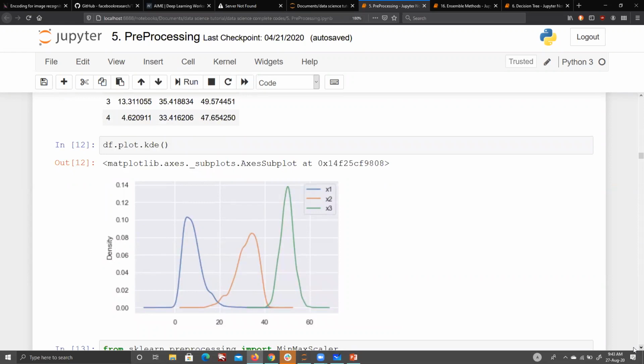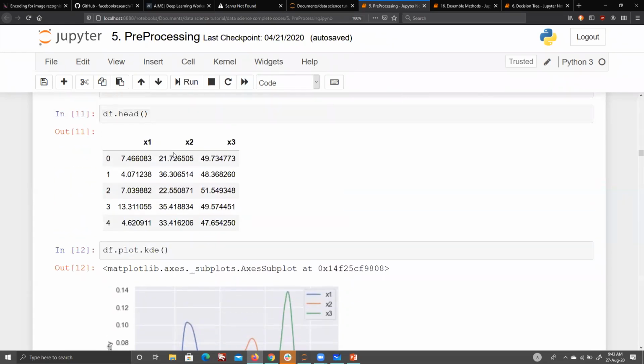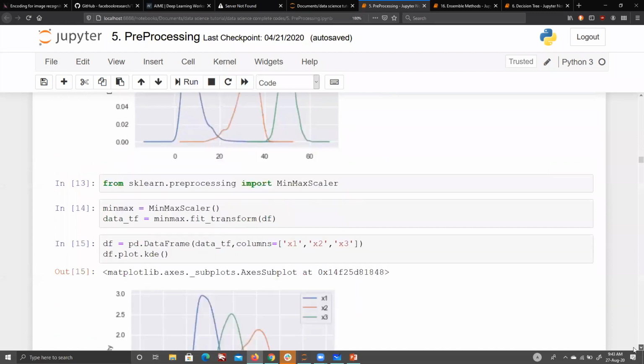So again, as you can see, this is why I'm showing you the data frame in all the cases. You can imagine one as age, salary, and maybe a performance score. This could be the experience, this could be salary, this could be the performance score, the third one. They all are following different kinds of distribution. They might not all be the same kind of distribution, but using min-max scaler, what did we achieve? We brought it down to the same scale.